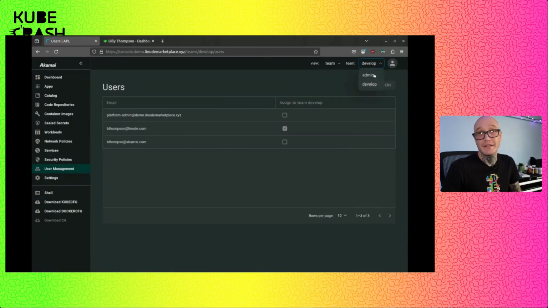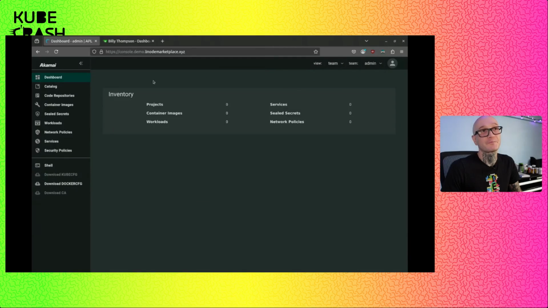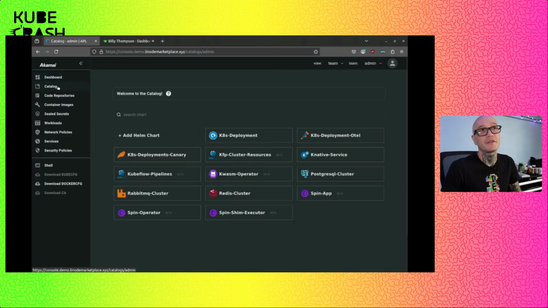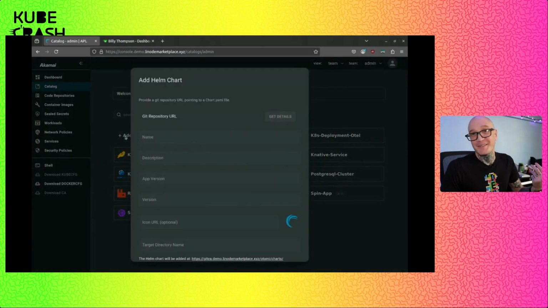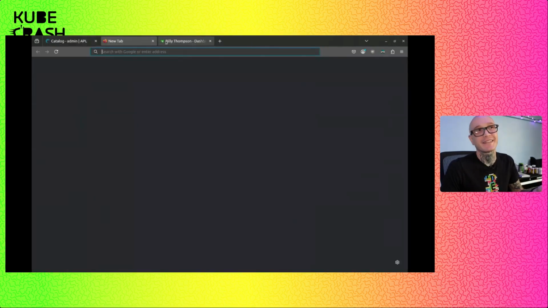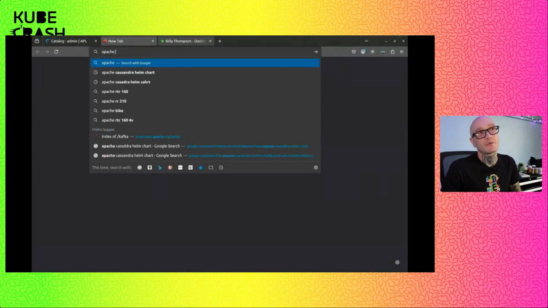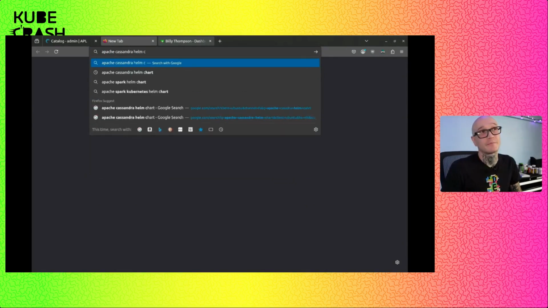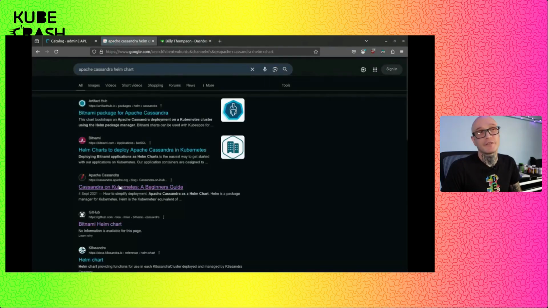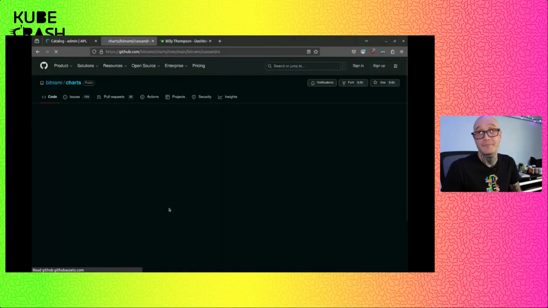Now back to this catalog thing I mentioned earlier. We're going to look at this from another team view, from the admin team. The reason we like catalogs is because they help us build out this environment for our teams. And what's a catalog if it's not extensible? So this one is easily extensible by simply adding the URL to the chart.yaml file that we want to add.